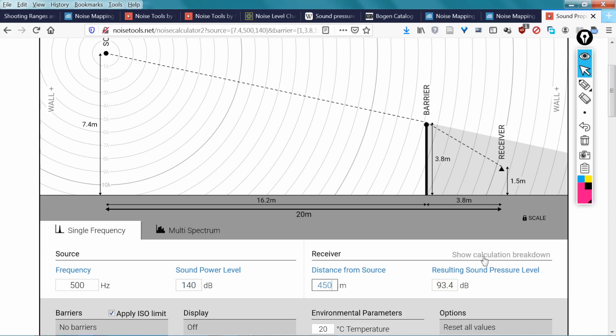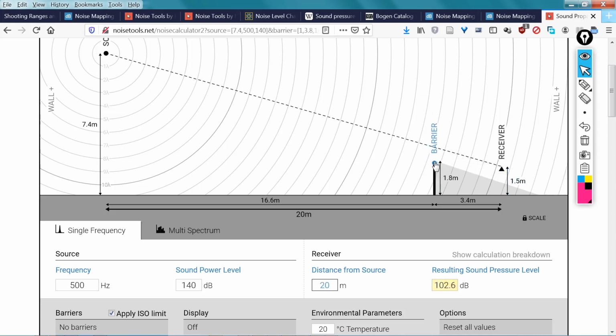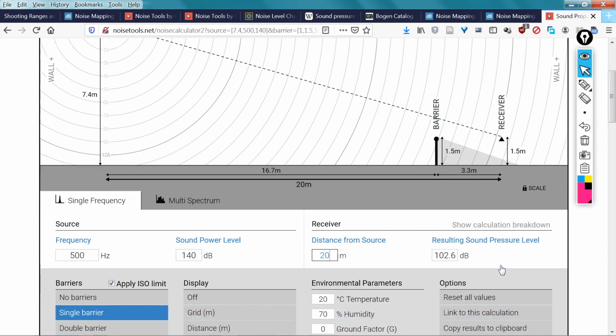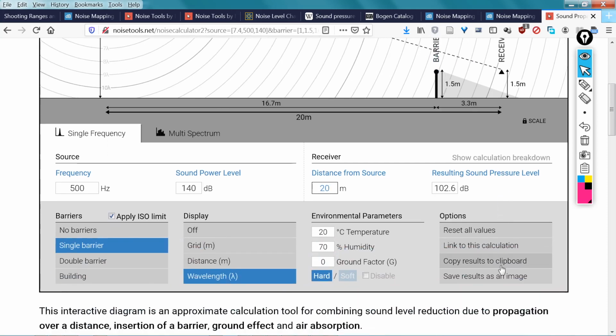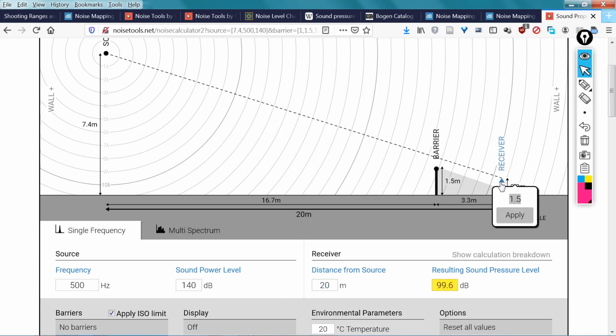Okay, and then let's move this barrier. Let's say a 1.5 meter barrier, which is what we had, and we're going to be the receiver. Where's the receiver height here? Maybe we can just, yeah, the receiver height is